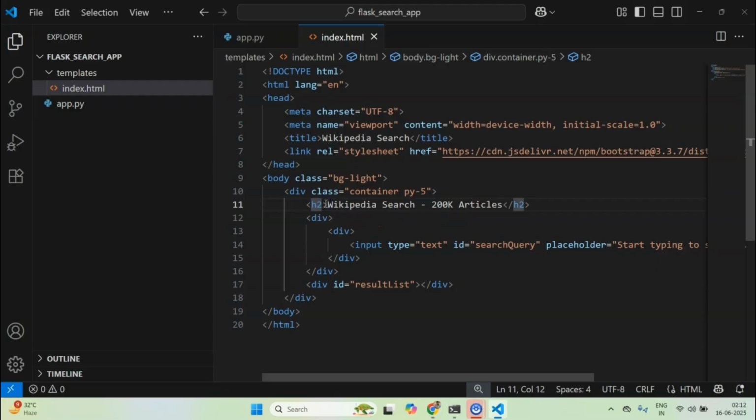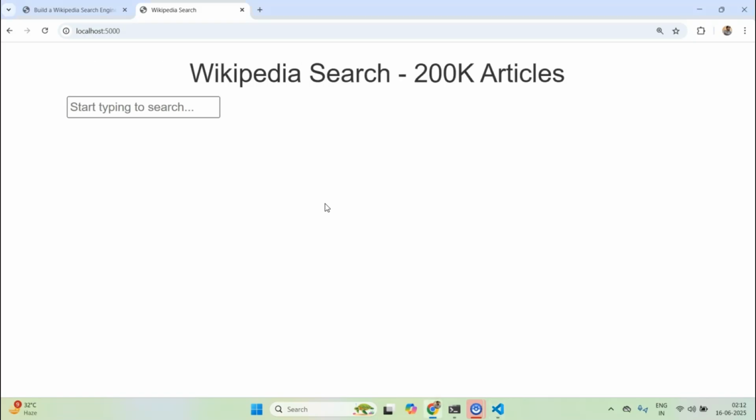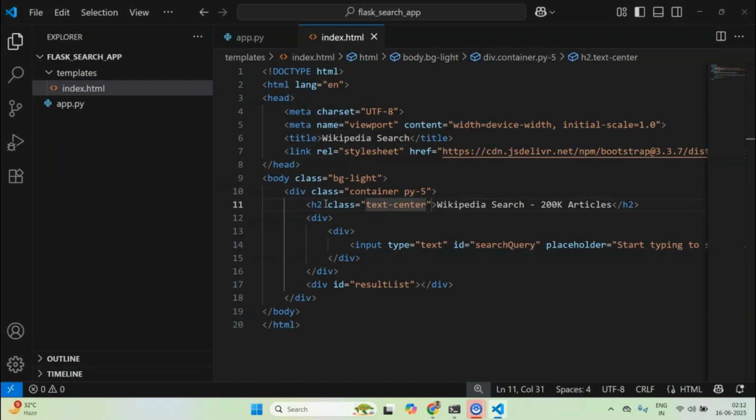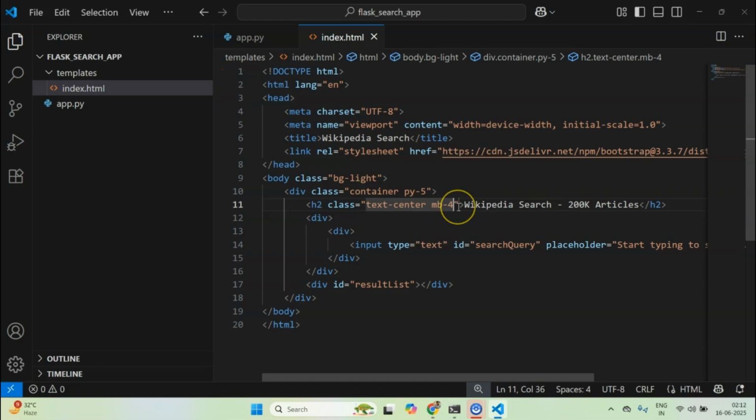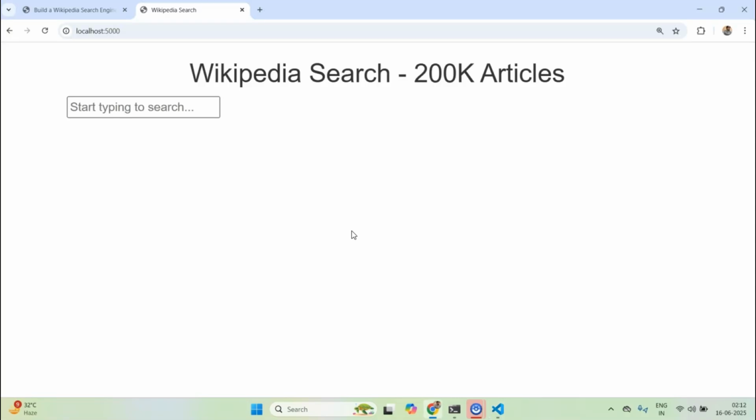Now give some classes to h2. Maybe I want to center it, so I'll do text-center, and let's reload it. So we have the text centered. Next I want to maybe give some sort of margins, and I think that would be it for h2. And for the div below, I want to give a class of margin of 3, I guess. That looks good.